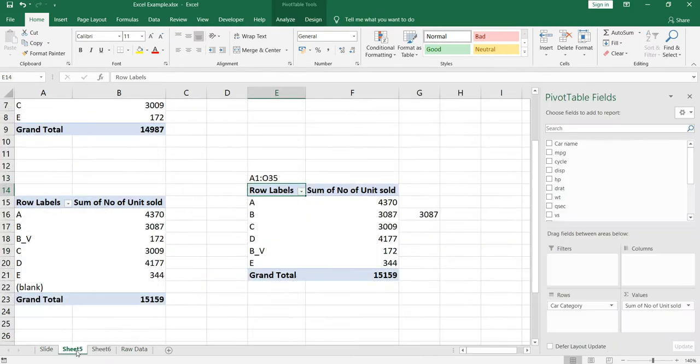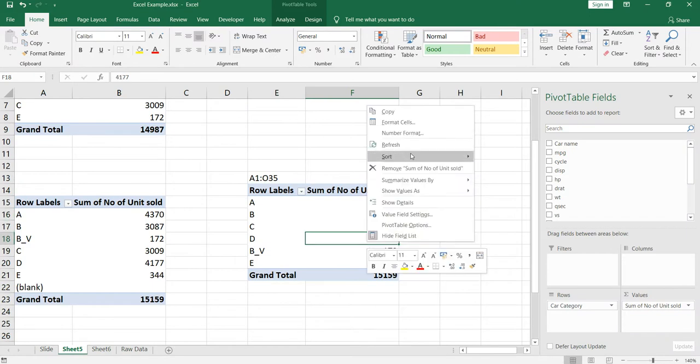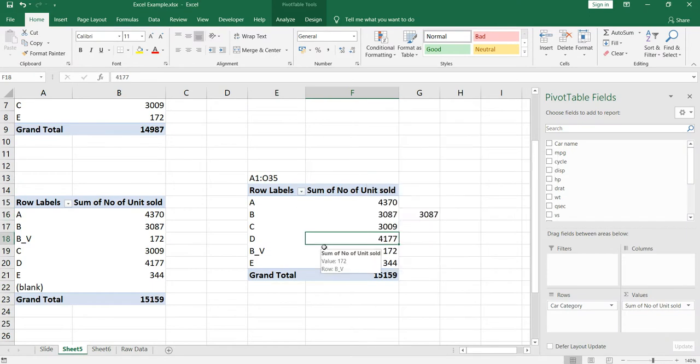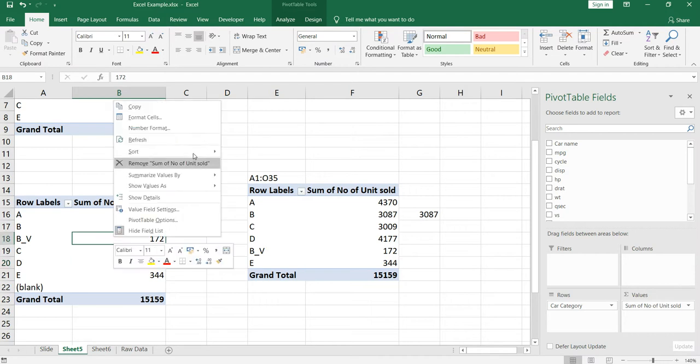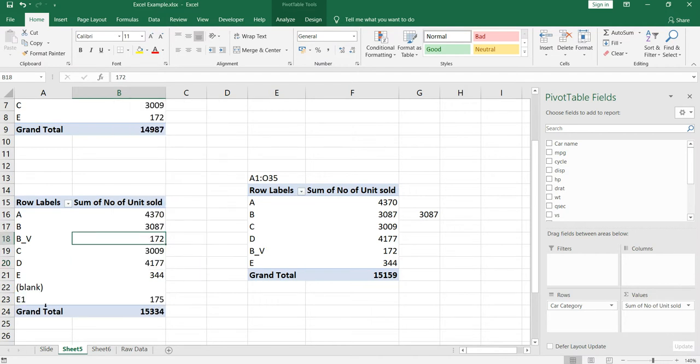If I refresh it, nothing happens, it doesn't show me E1. But here we had selected the entire column as a range. So once I refresh it, it shows me E1 and 175. So that is the difference.